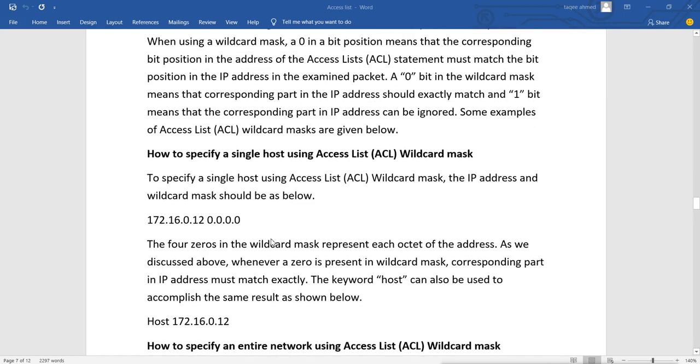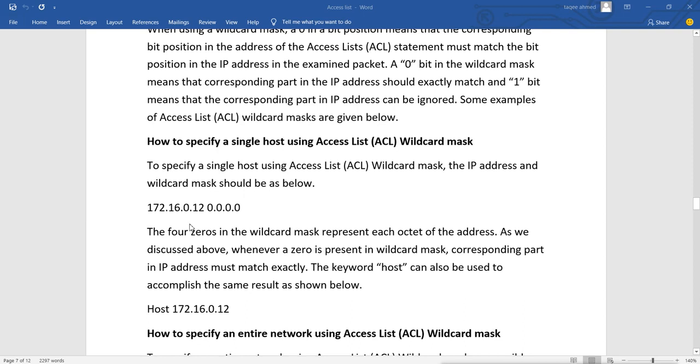Suppose we have this IP address, and I want to match the entire IP address. Remember, I am saying the entire IP address. That means I want to match this particular IP address. So the wildcard mask I will give here is 0.0.0.0, and what does that mean?